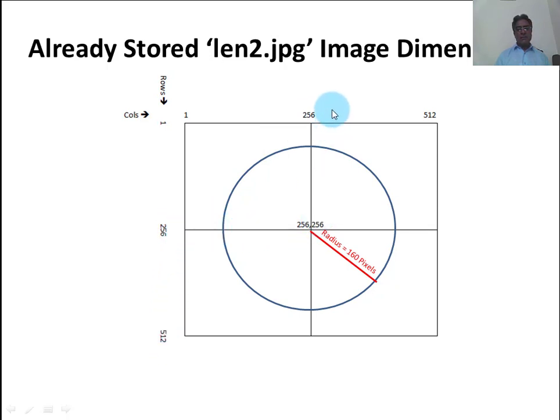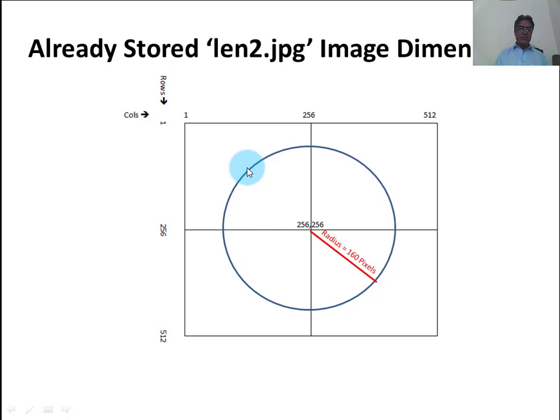When the center column and center row cross, this point is the center point of the image, which indicates row number 256 and column number 256. We will first show the full color image, and then we will only show the circular area of the image, and the rest of the area we will make black.